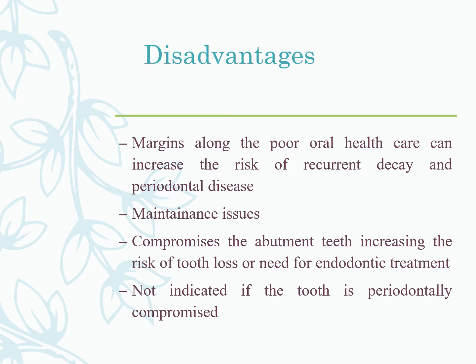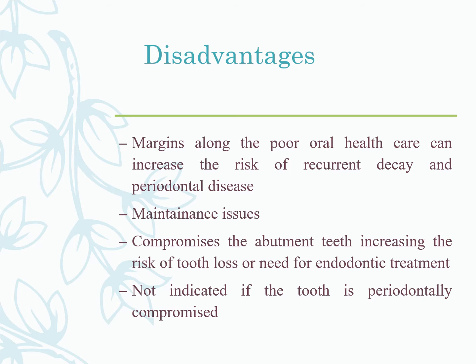If there is already a current periodontal disease, a periodontal condition where the abutment is affected, this might worsen the situation. Then the next thing is maintenance issues. Once you are replacing one tooth, the tooth that is prepared, that is your abutment teeth on either side of the edentulous space and also under the fixed partial denture pontics, there are chances of plaque accumulation. So you have to be very cautious in maintaining your fixed partial dentures. And if the abutment teeth are affected, then definitely your FPD is going to fail.